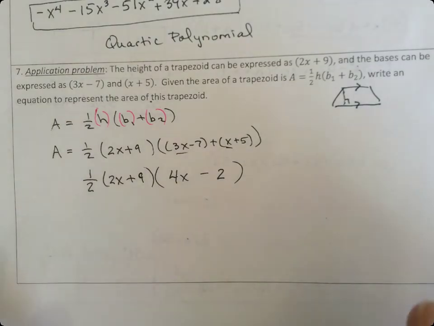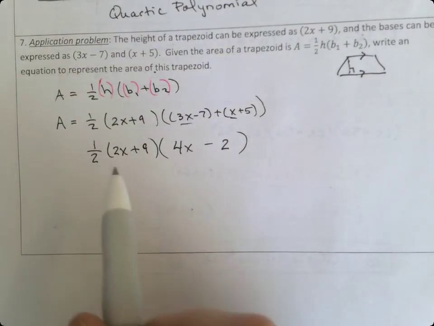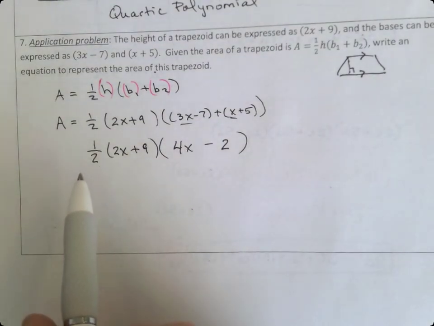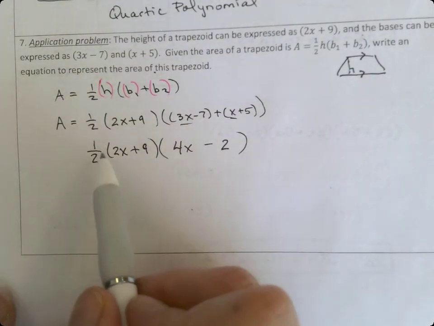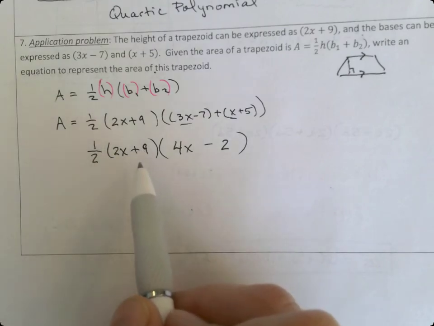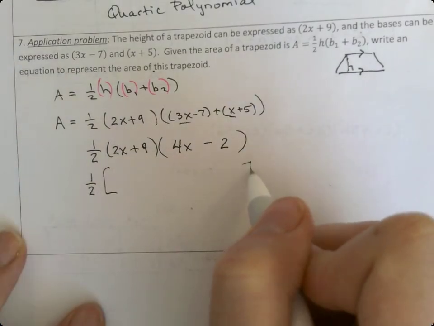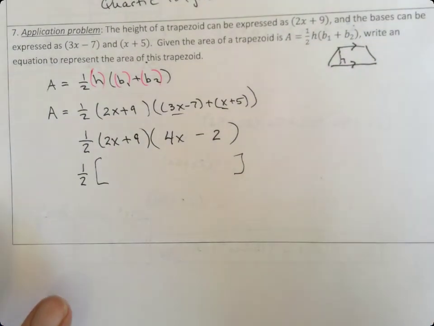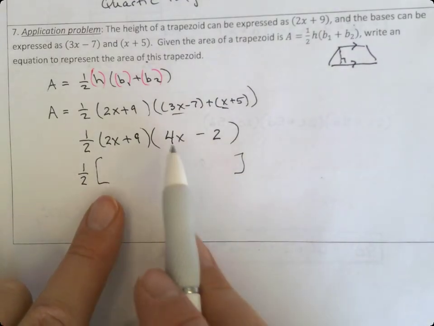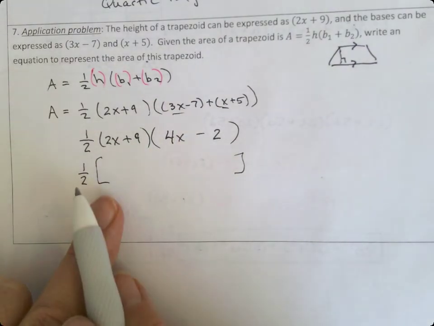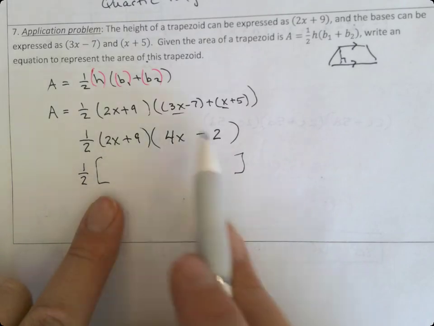Okay, so there's two theories here. If you are going to forget that the half needs to multiply by everything, distribute the half first, but some of you are going to deal with this as a fraction or a decimal. I'm going to leave the 1/2 out here, and I'm going to FOIL first, but you don't have to do that. I just wanted to show you that sometimes it's easier to clean this up and then deal with your fraction at the end. So I'm going to FOIL this,